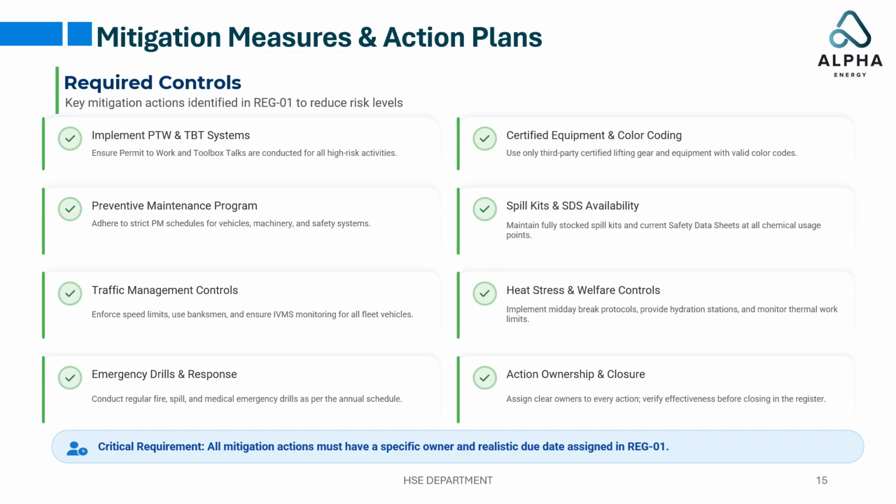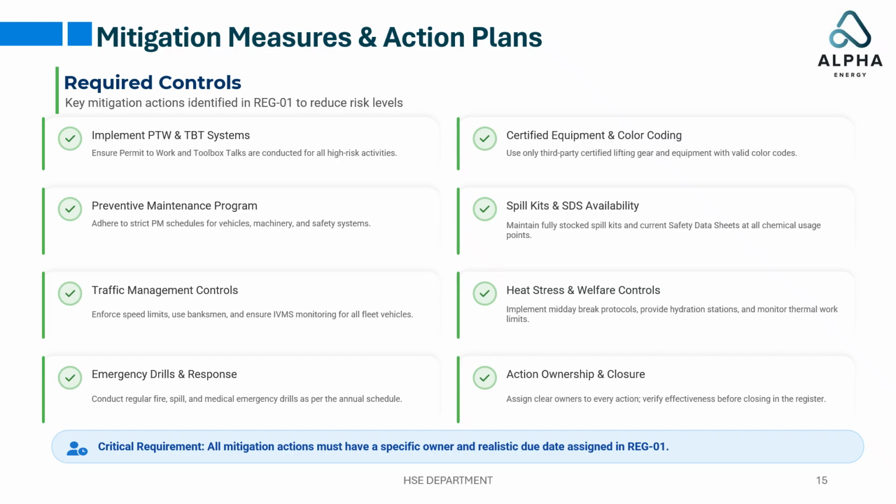Mitigation measures and action plans define the required controls identified in Reg 01 to reduce risk levels and ensure safe operations. These controls include implementing Permit to Work, PTW, and Toolbox Talk, TBT, systems to ensure high-risk activities are properly authorized and communicated. A preventive maintenance program must also be followed to maintain vehicles, machinery, and safety systems according to